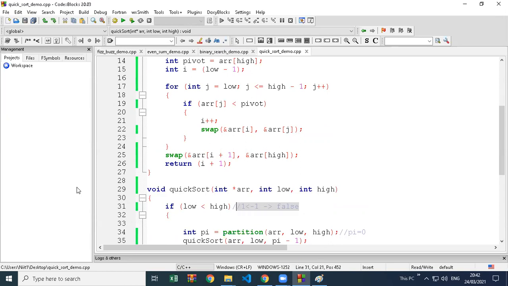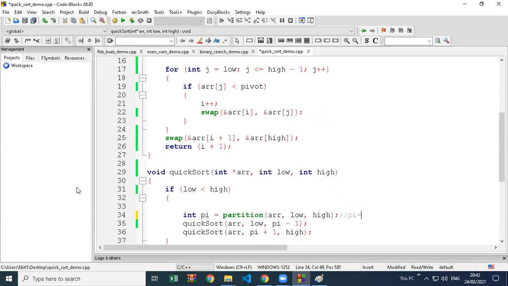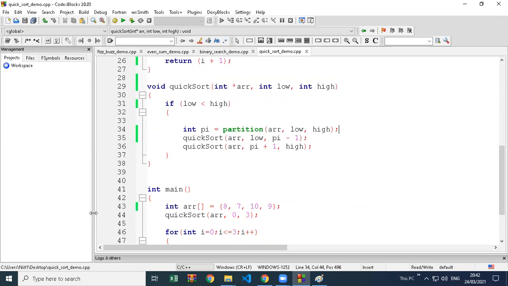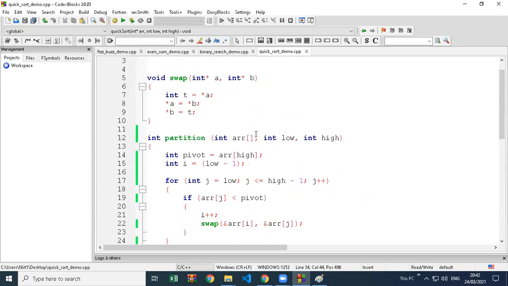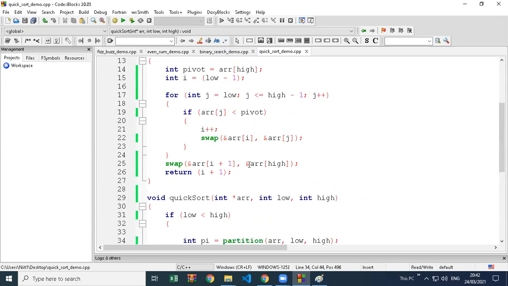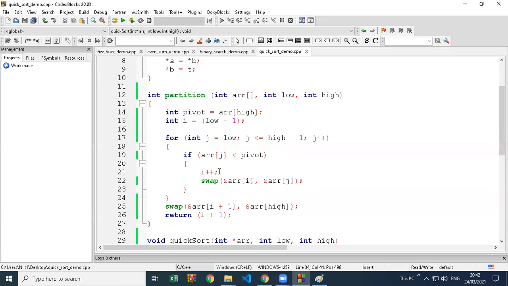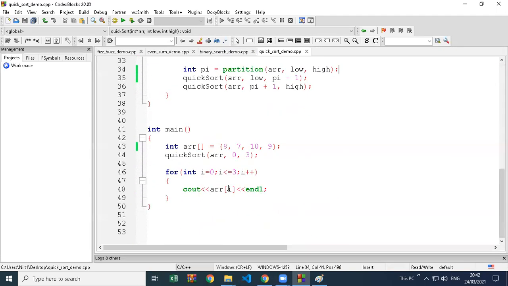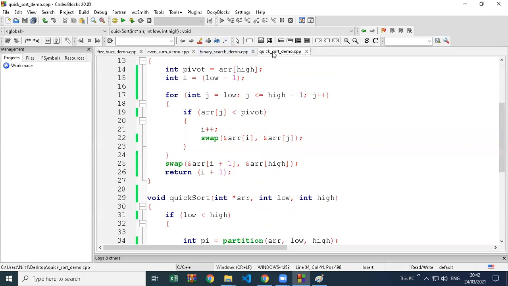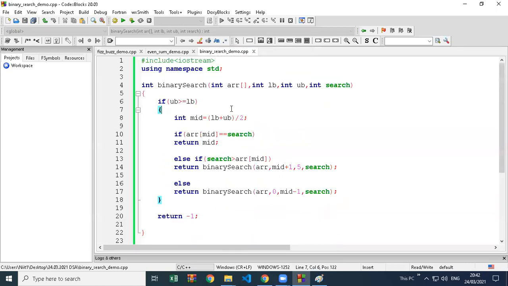So the code is correct, but while understanding the code, if we make even one mistake, that's why we have to go carefully here and pick the proper index positions. So this is how quicksort is working.